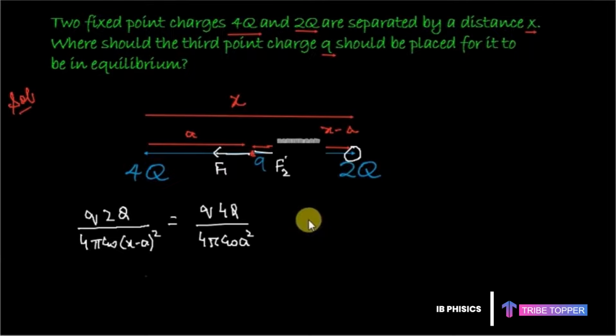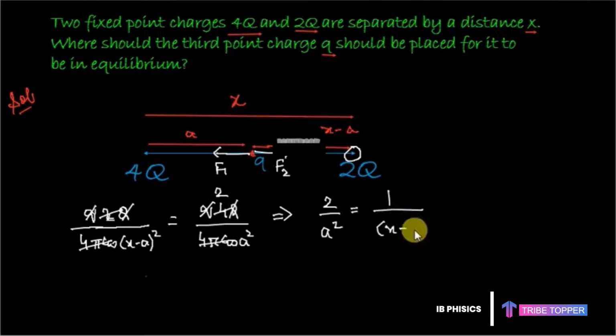so equating the two forces, we get this, where small q would cancel out and capital Q would also cancel out, 4 pi epsilon naught would cancel out, 2 times 2. So what we are left with is 2 upon a square is equal to 1 upon x minus a whole square. So now taking the square root on both the sides, we get root 2 upon a is equal to 1 upon x minus a, and that would give me, on cross multiplication,